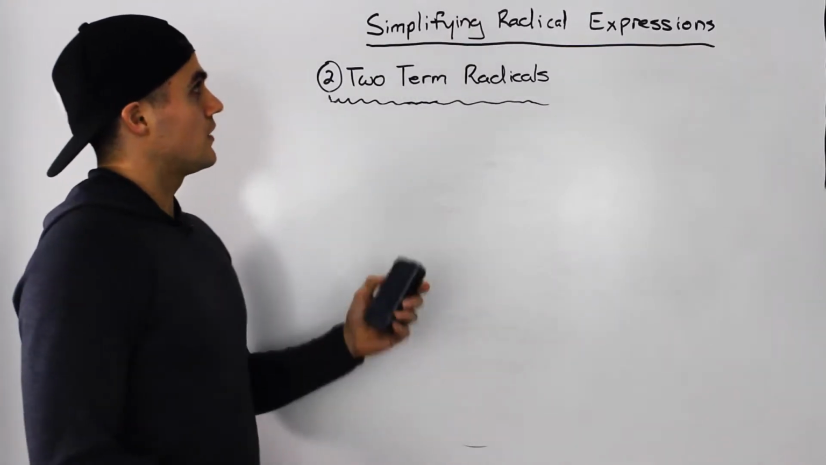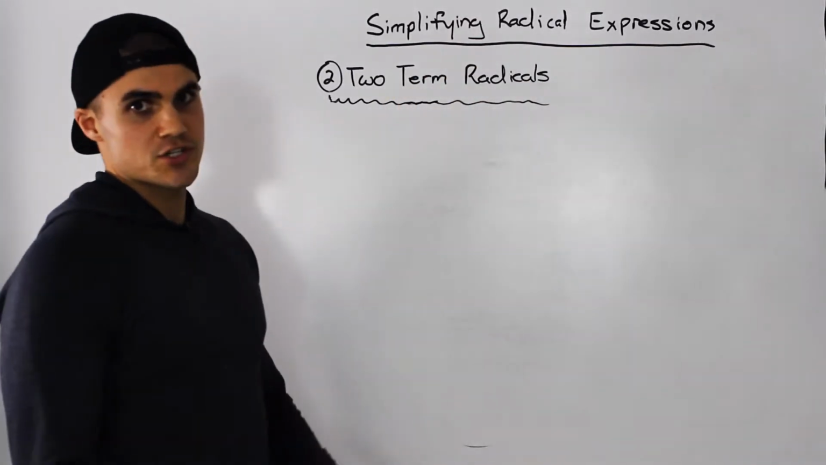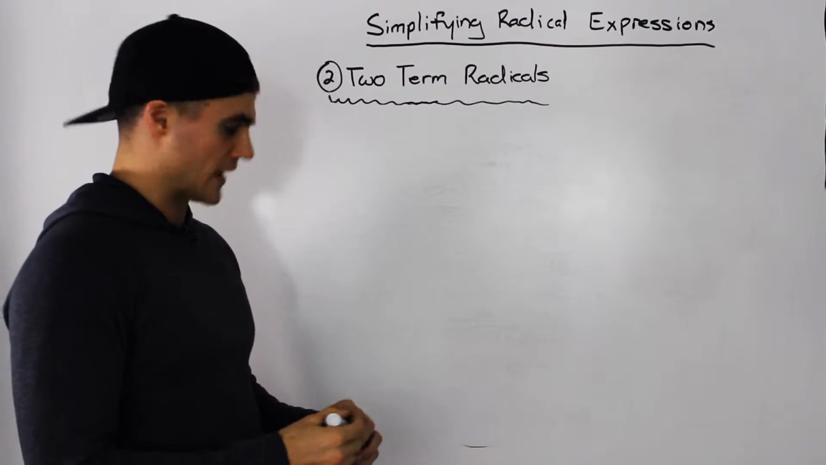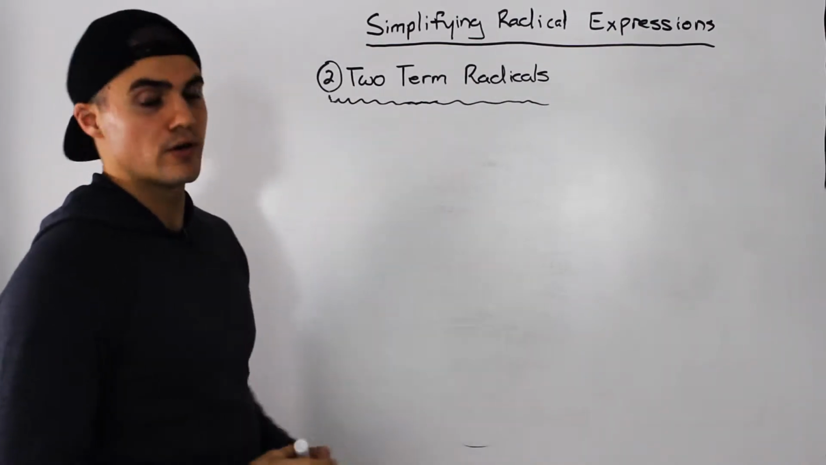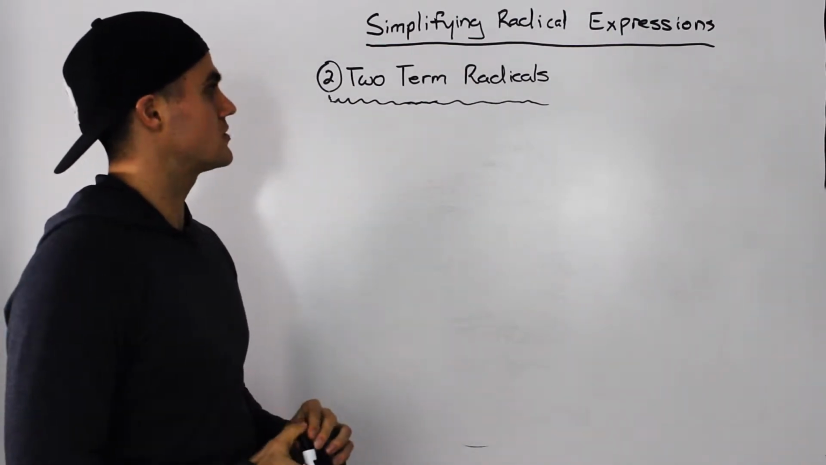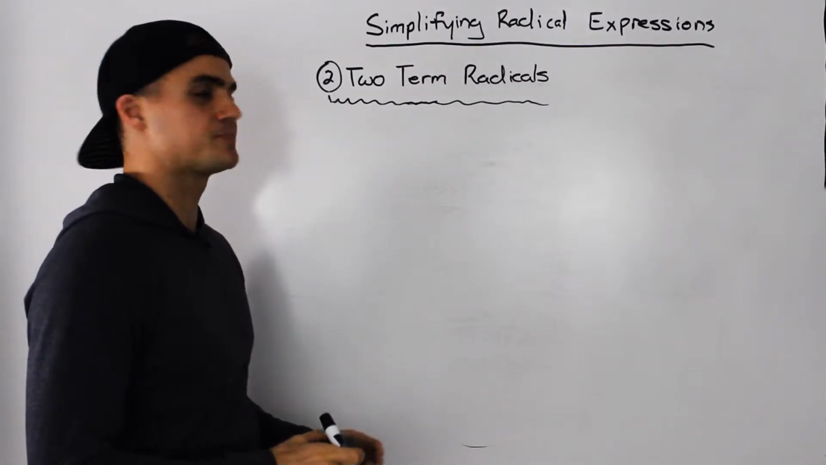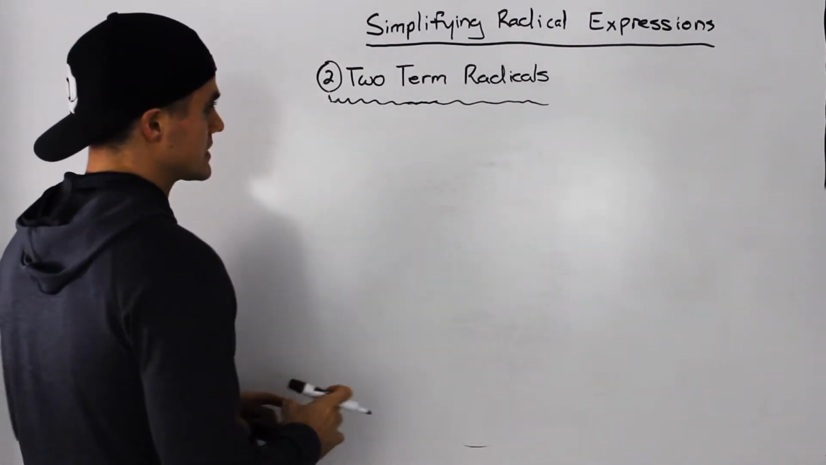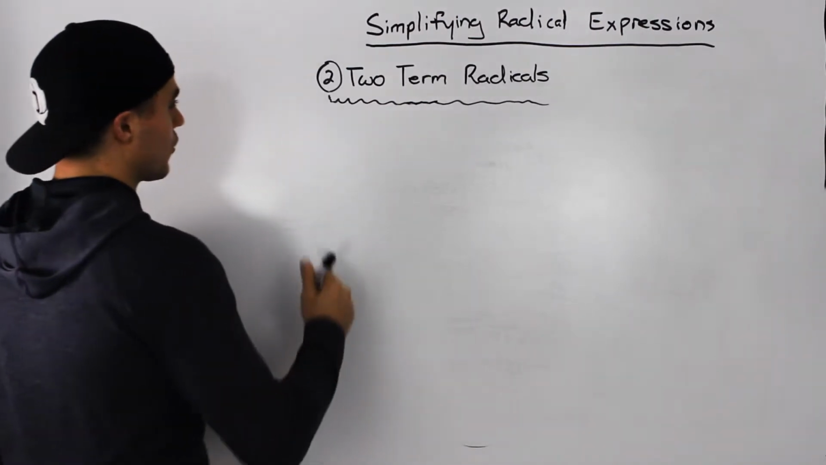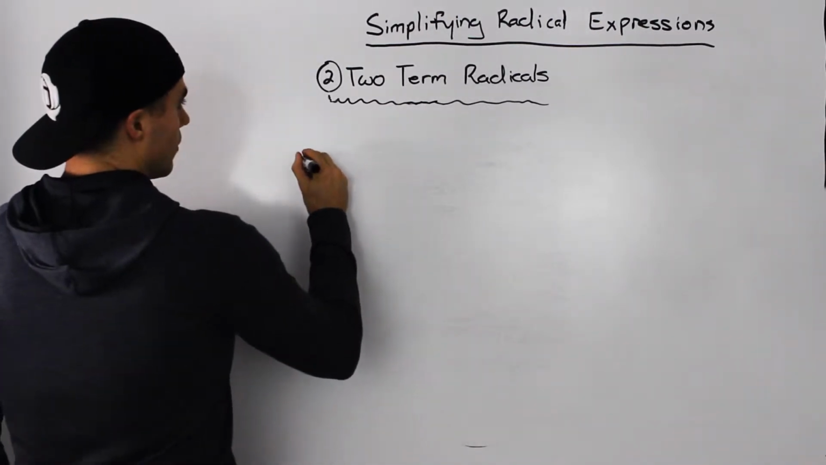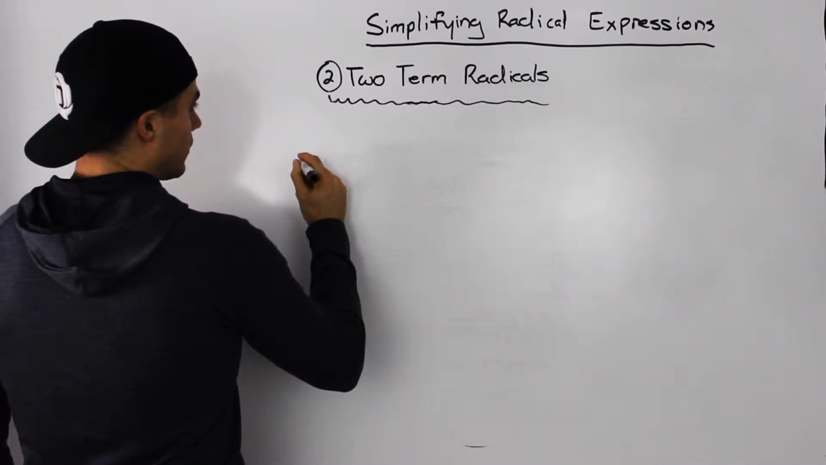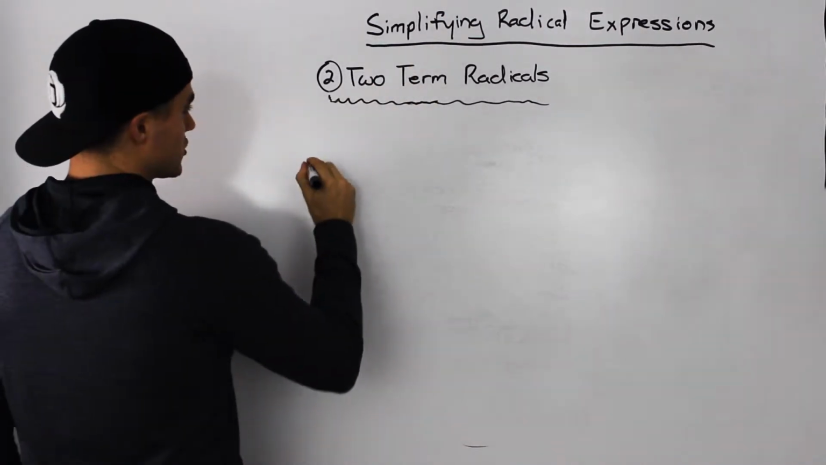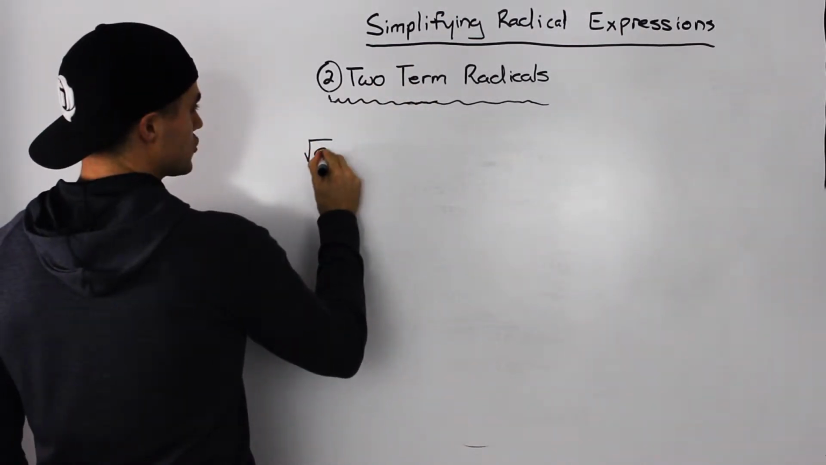So moving on with simplifying radical expressions, we already dealt with one-term radicals, and now we're going to deal with two-term radicals. And two-term radicals are a little bit more complex. And what will happen is, let's start with a little general format. So what will happen is either in the numerator or the denominator of the radical expression, you'll have a two-term